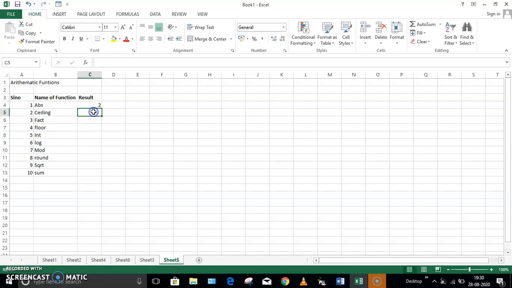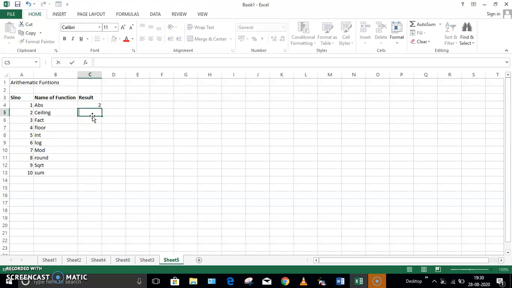Okay, next comes the CEILING function. The CEILING function rounds a number up to the nearest integer or to the nearest multiple of the significance. So now let me show you.